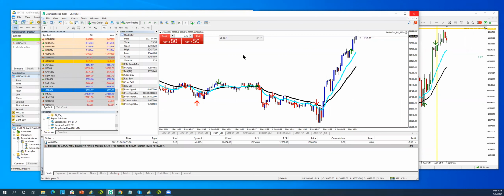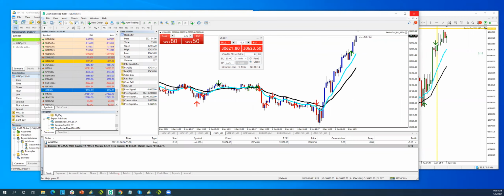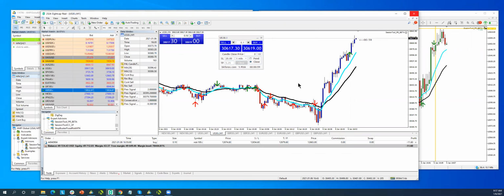So actually on the Dow, I'm watching this because if we close through, I'm a little bit late in setting this up. They're really, really strong moves here. No, I'm not going to take this Dow trade, but